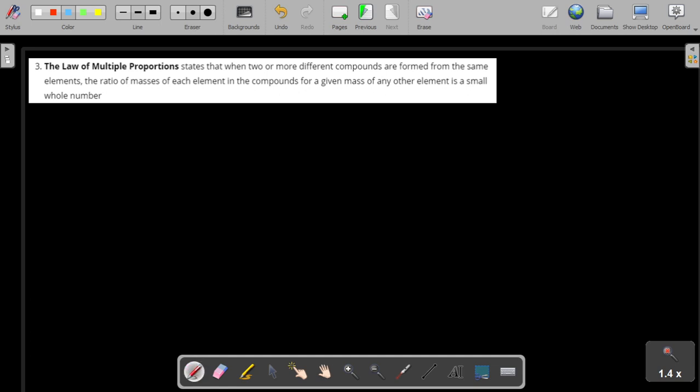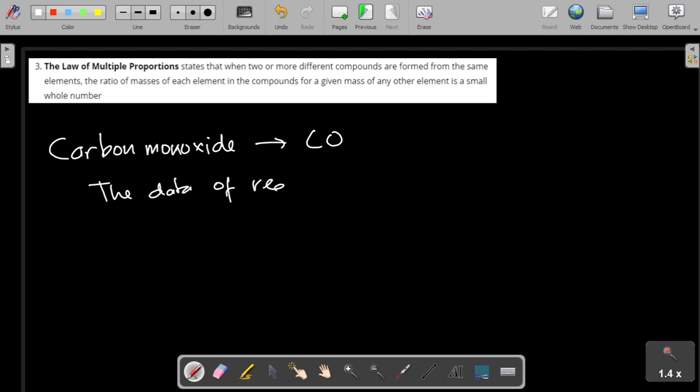We have, I will use carbon monoxide, which the formula is CO. And from the data of the reaction, if we have 1 gram of carbon